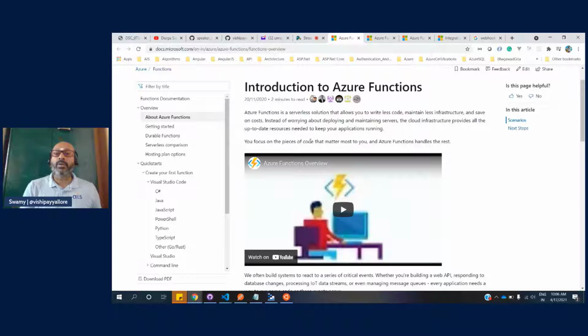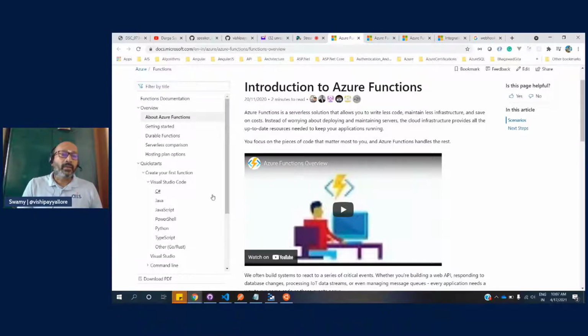We'll see why we are saying that we are writing less code, and we need to maintain very less infrastructure and save on cost. What does this mean, we'll see in a moment. Suppose you want to connect to a blob storage or a table or a queue, service bus queue, we have to at least maintain the connection, open the connection, and ensure that the table exists or not. We don't need to write any of that code. The Azure functions themselves provide everything out of the box. So we'll see how it happens.